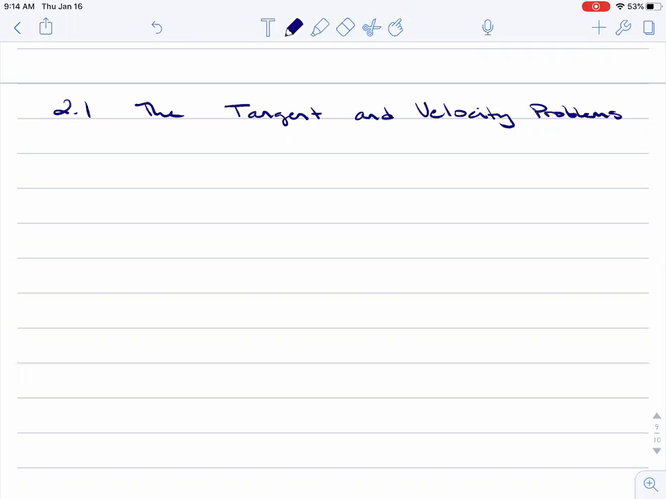So tangent is derived from the Latin word touching. And so a tangent line, right, is a line that touches a curve, but only at one point, right? And then the key thing is that it